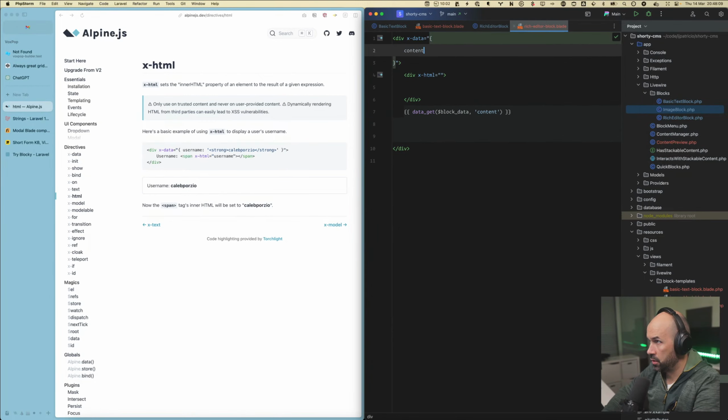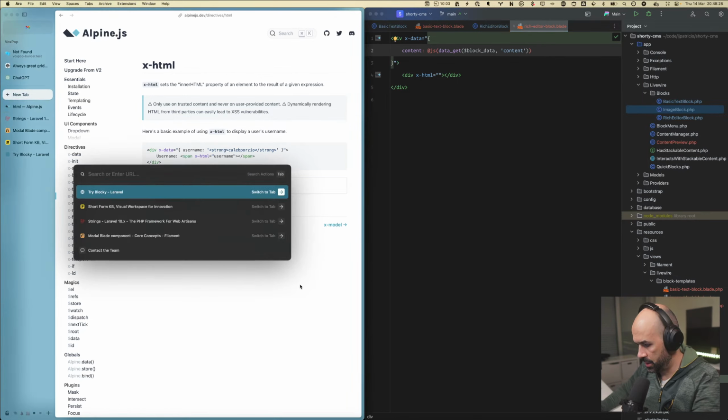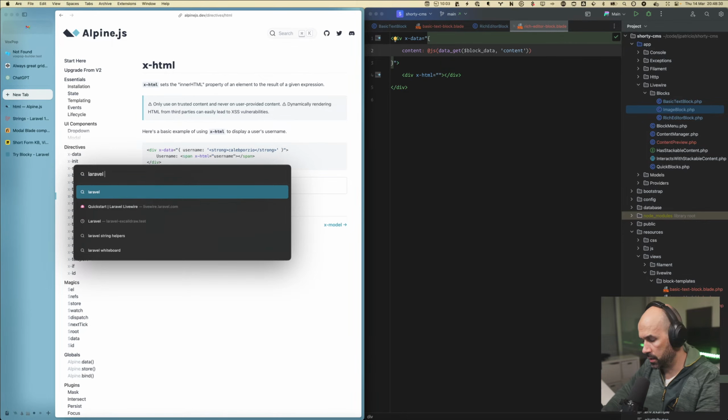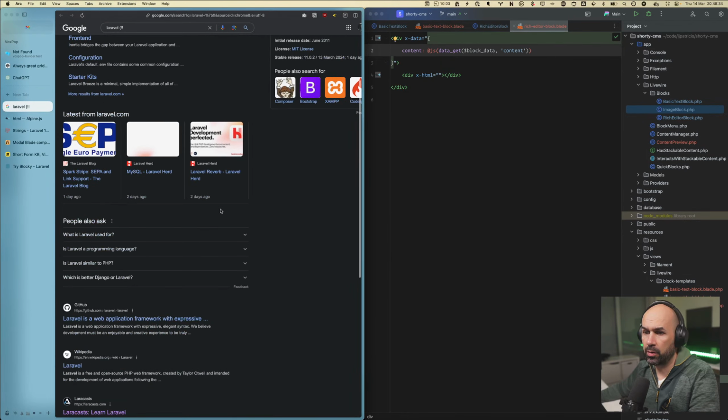So the content would be at JS. It would be this. Because this can be generated, this could be used not only by us, but maybe other users. And I think if we find Laravel with this,